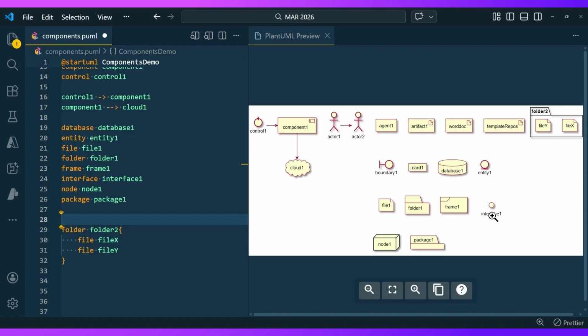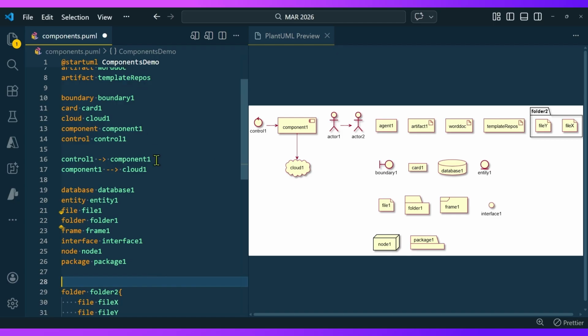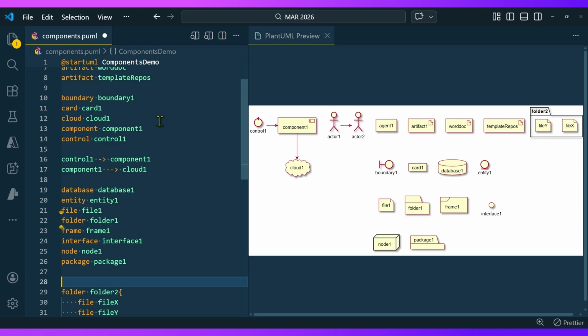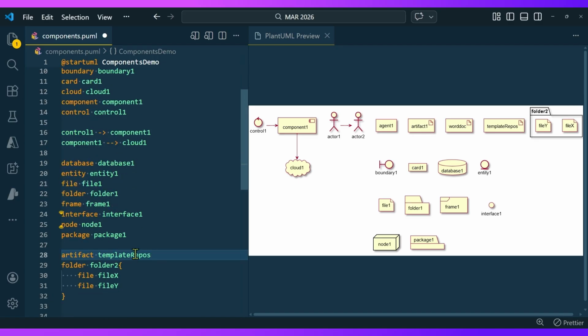Interface, yeah, this is interface. Then we have a frame, then we have a folder, which is this folder, and this is a file. So similarly within template repos you can have, maybe, let me see if I can put that as an artifact. So artifact template repo. So if I take this artifact of template repos, cut this, put it within the folder, and maybe if I try to nest and say like artifact and then folder and file,